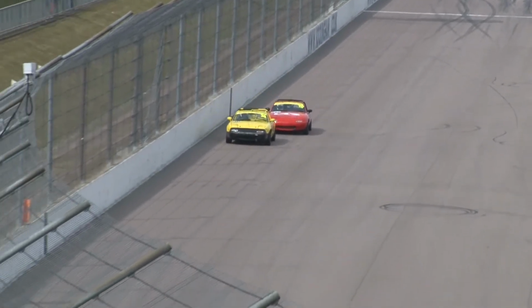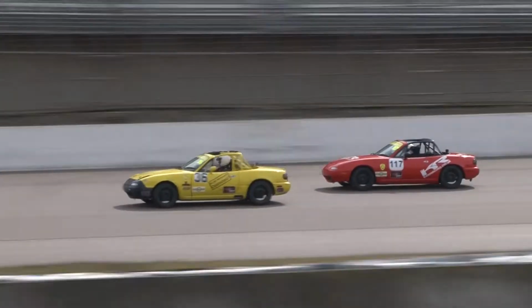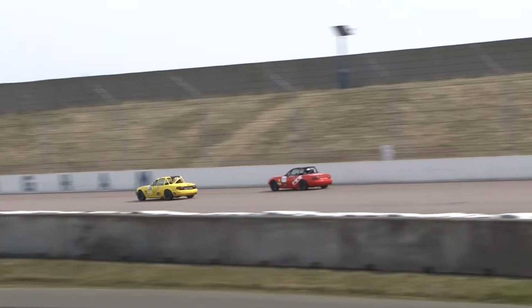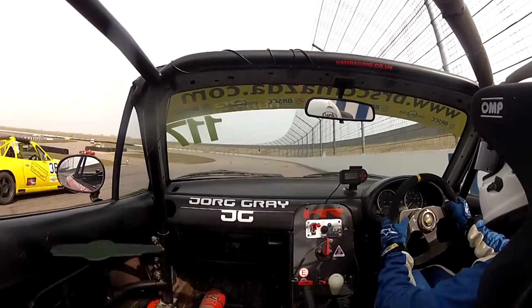But here, this time, O'Connor's going to have a shot going in towards the first corner. But Coombs, again, just puts that MX-5 in the right place. Is he going to let the car go high or low? Coombs keeps it tight to the inside, already defending for the Dean Hairpin. He looks like he's in the plum position. O'Connor tries to go round the outside, and this will just be...